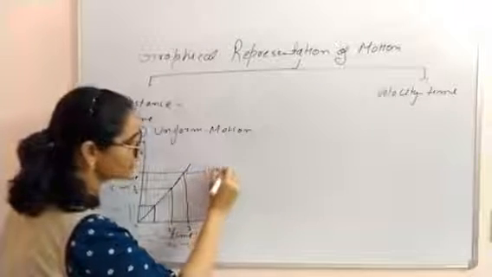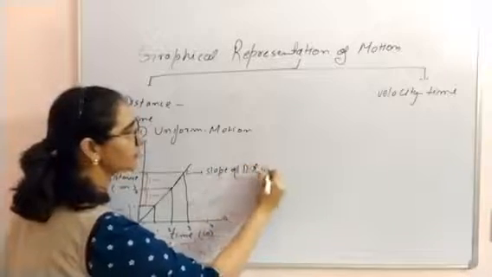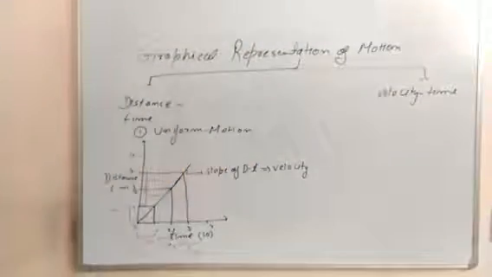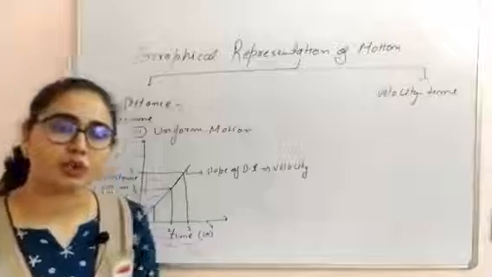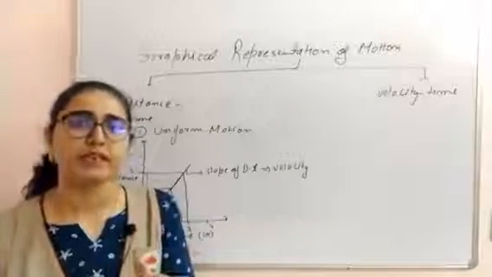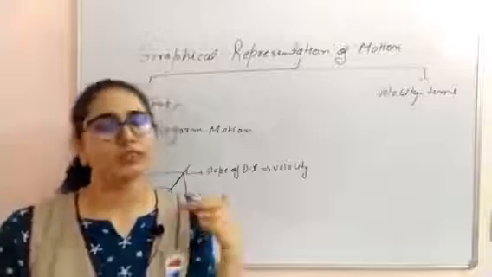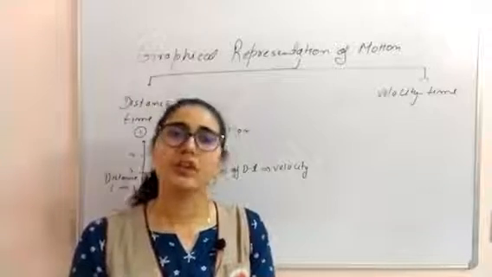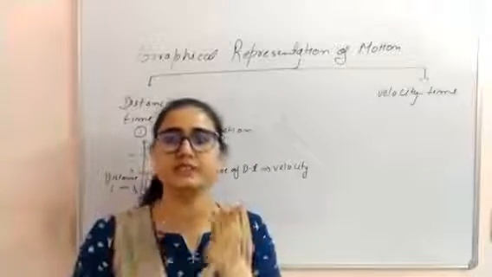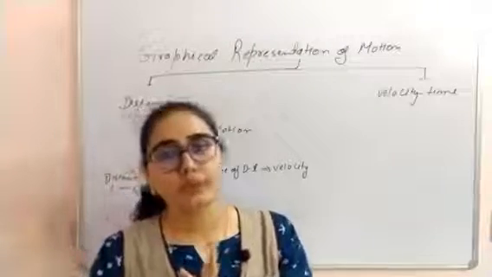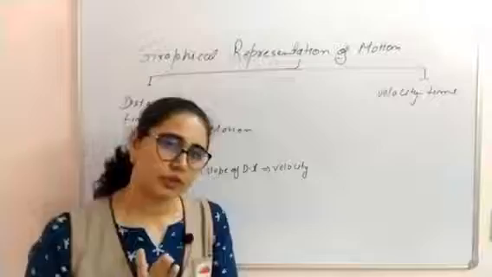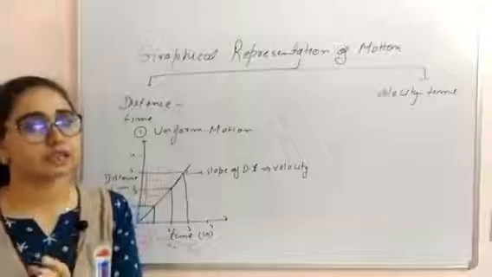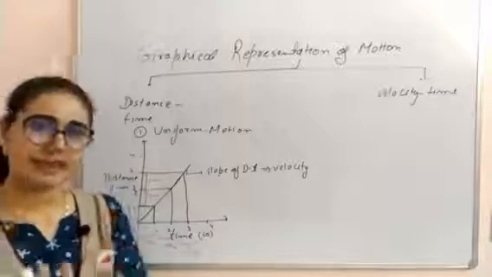Okay, so here we have a distance-time graph with a perfect slope. The slope of a DT graph always provides us velocity. In this chapter we are studying rectilinear motion. Rectilinear motion means motion along a straight line. When the object is moving along a straight line, the direction is only one. That means distance is equal to displacement, and when distance is equal to displacement, the speed will be equal to velocity. So here you can take any of the quantities, speed or velocity, as the object is moving in rectilinear motion. In this chapter we are discussing rectilinear motion only.